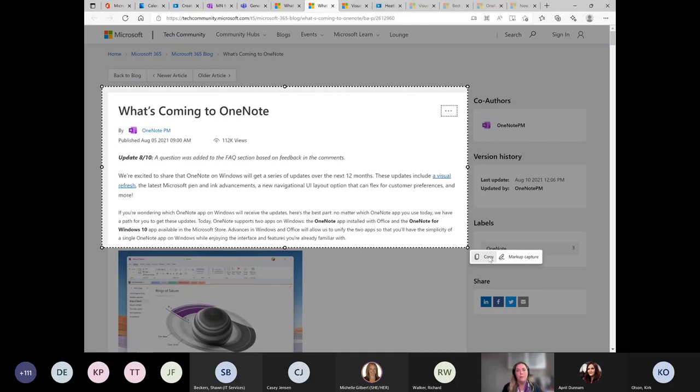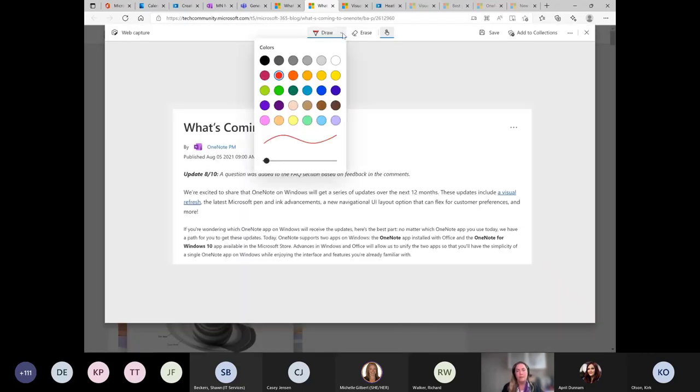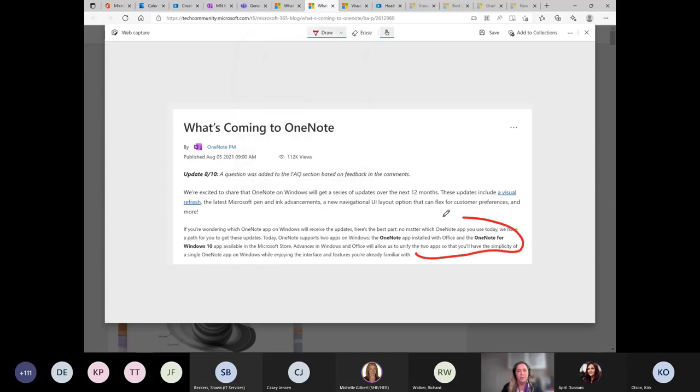Or if I want to mark it up, and this is something that I used to really like having in the Internet Explorer browser, and then I'm like, well, what happened? Where is it in Edge? This is the replacement for it if you used the similar capability there. So with markup, it gives you inking. So if there's something that I want to mark up, I can choose my ink, I can choose the thickness, and then I can go out and I can mark this up. Got your eraser, you've got your touch enabled to turn on or off, and then once you're done,